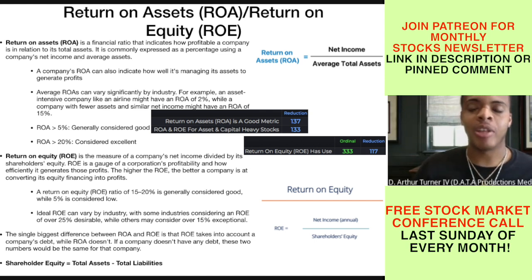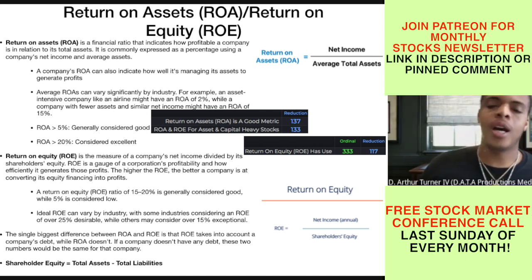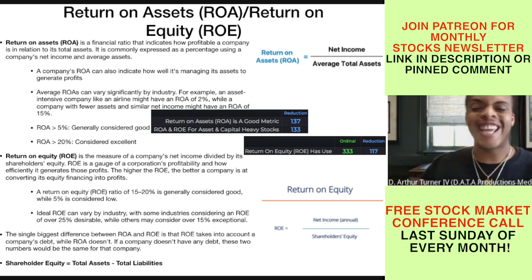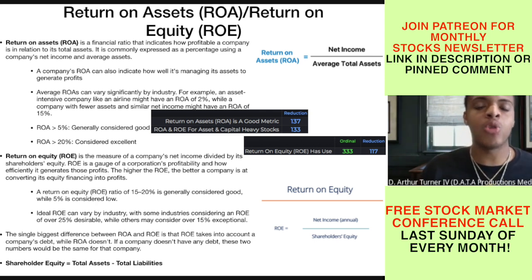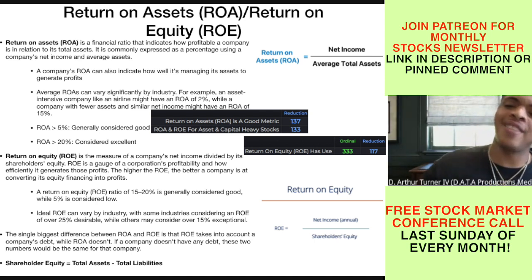Okay, they look at it. Equity is your capital, your assets, your liabilities, everything. What are you getting out of that profitability wise? And are you doing it? Are you generating net profits efficiently?